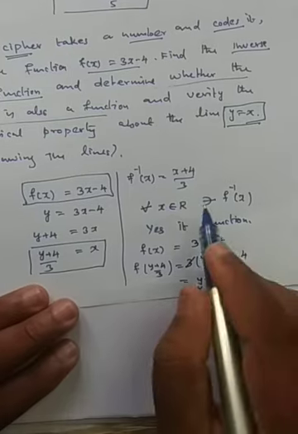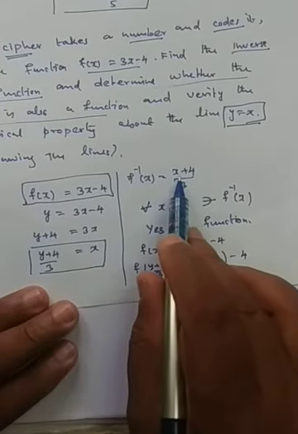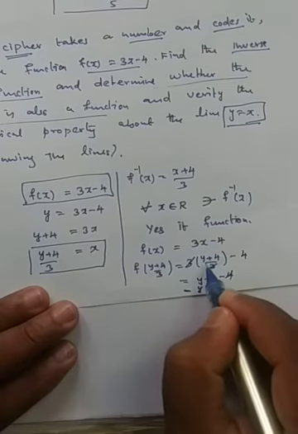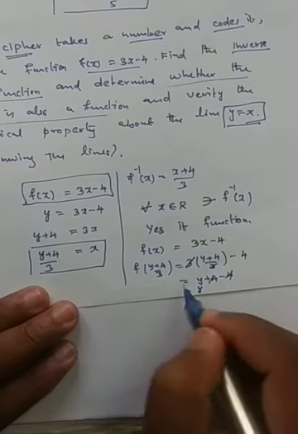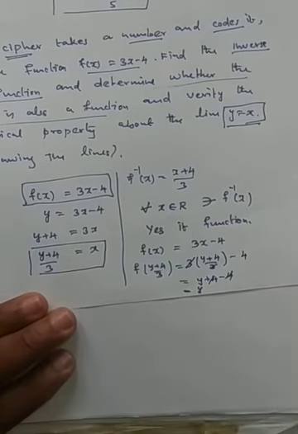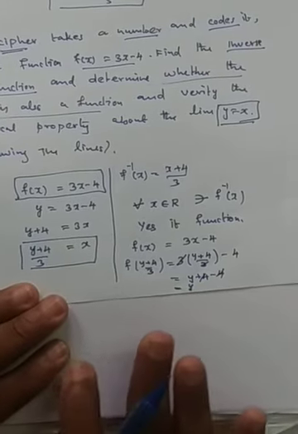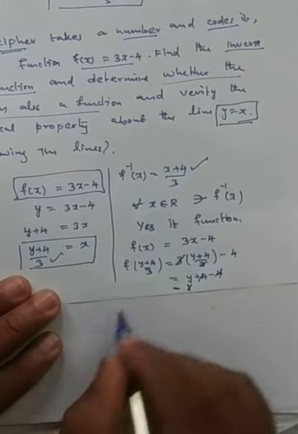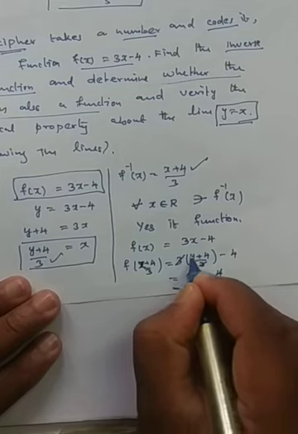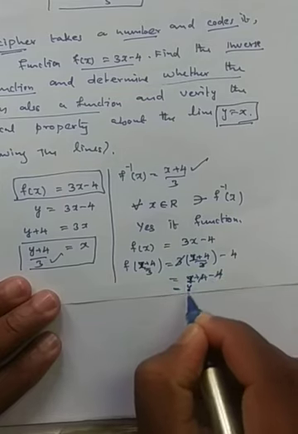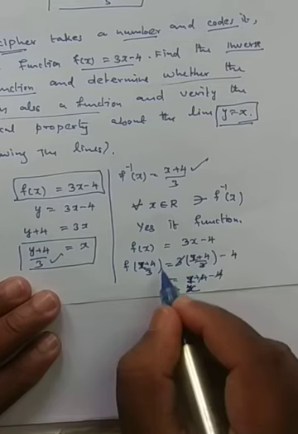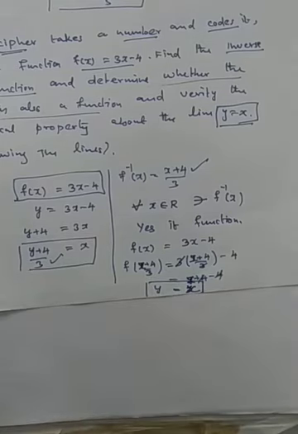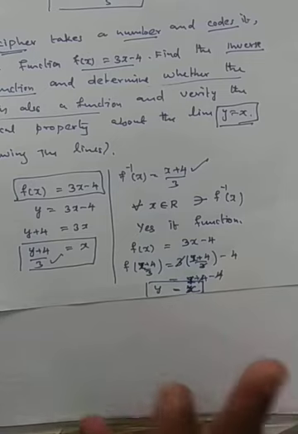Or in place of y you write x plus 4 by 3 itself. Everything will come as x, so here x will come. This is f of y, so y equals x will come. Whenever you take f of that, that is y, so y equals x. In this way you can write it. You can change it or leave it, it's not an issue.